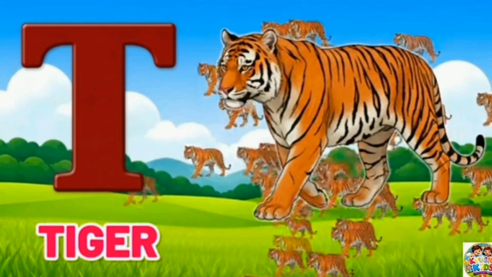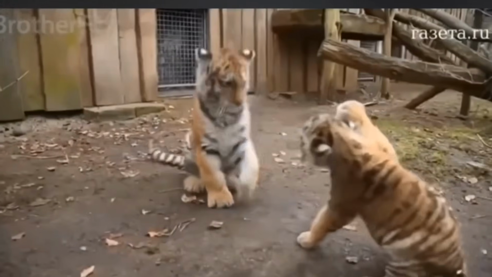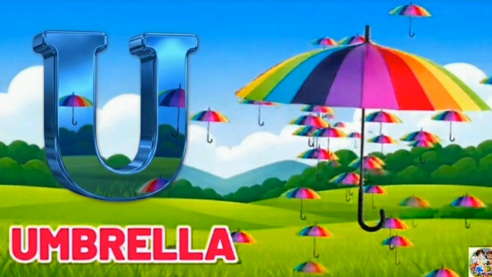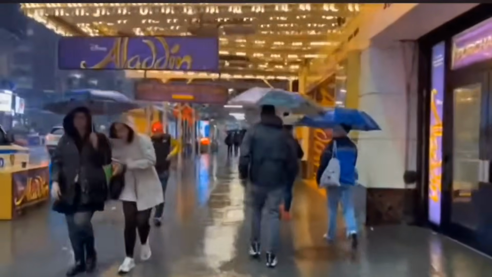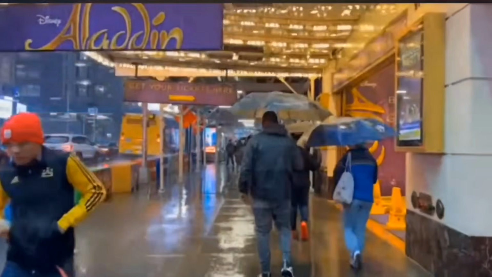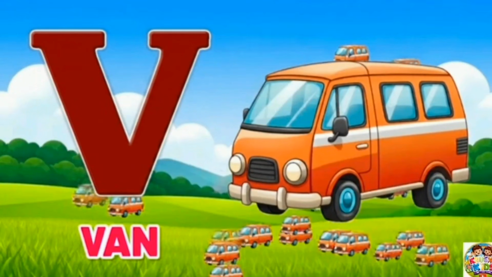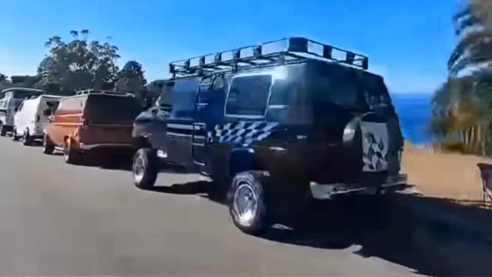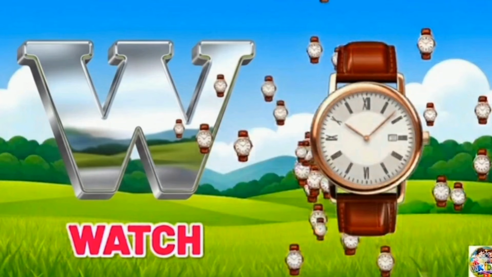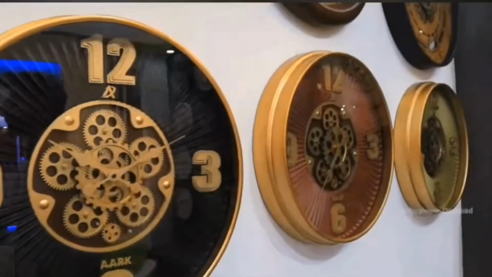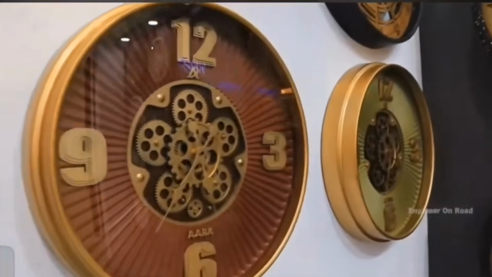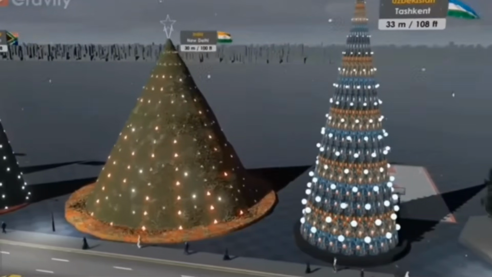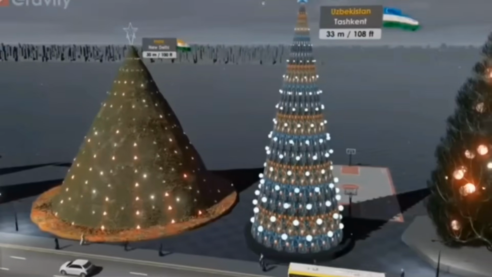T for tiger! U for umbrella! V for van! W for watch! X for Xmas tree! Y for